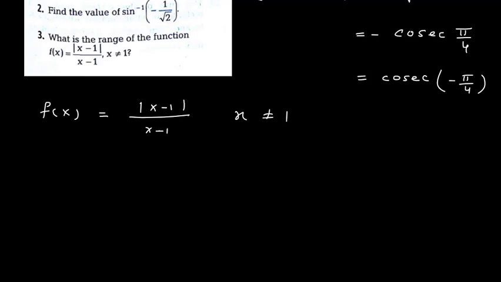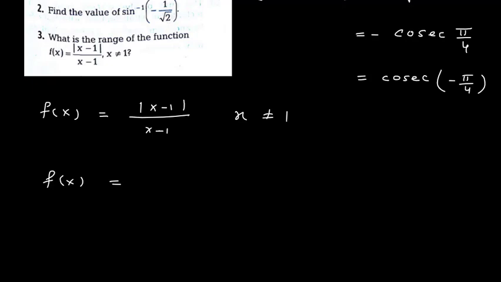So to find the range here in this problem, it is easy to redefine the problem and then find the values. So I first redefine this function. I will say that f(x) is equal to, now when the value of x is 1, I will get numerator as 0 and denominator also 0, and therefore here it is said that x is not equal to 1.